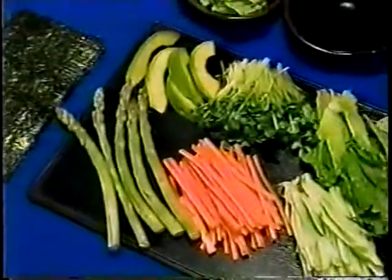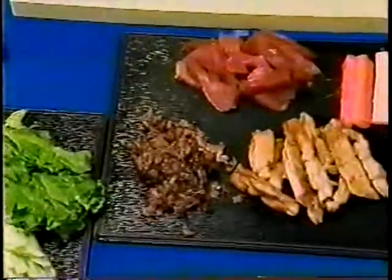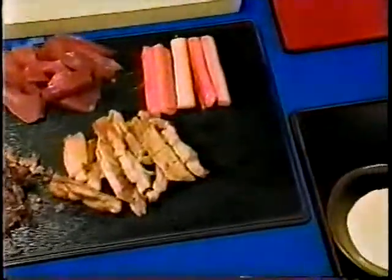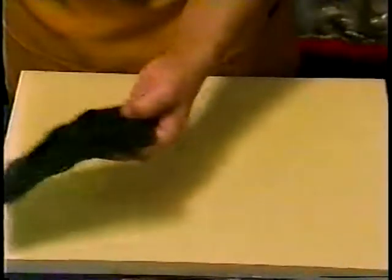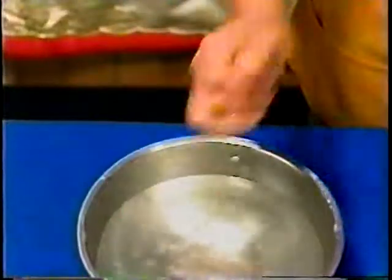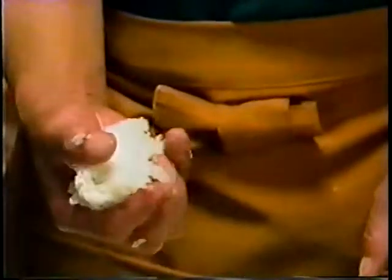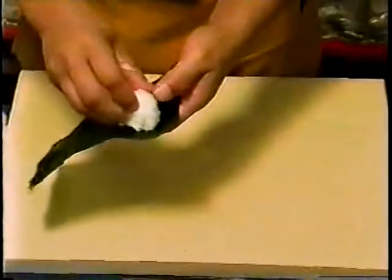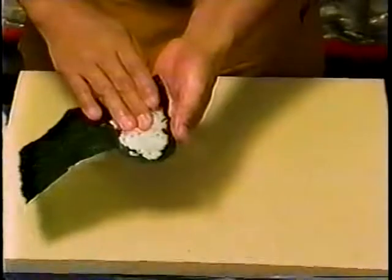Let's begin by making our own hand roll. The ingredients needed are seaweed, rice, wasabi, and any kind of vegetable, seafood, meat, or poultry. First, take a seaweed, then wet your hand and grab rice the size of a large egg and make it into an oblong shape. We now place the rice on the left side of the seaweed and using our right index finger,